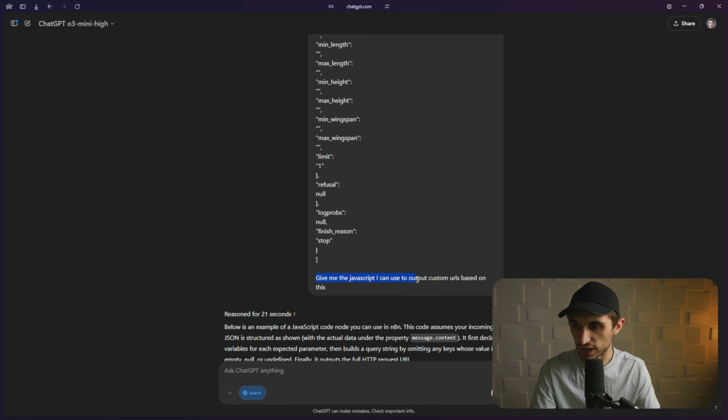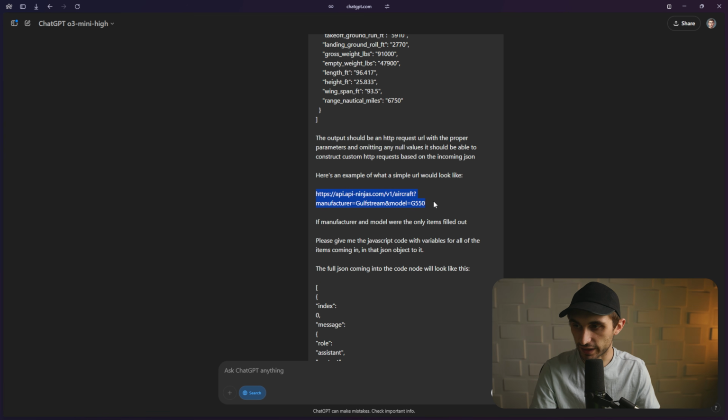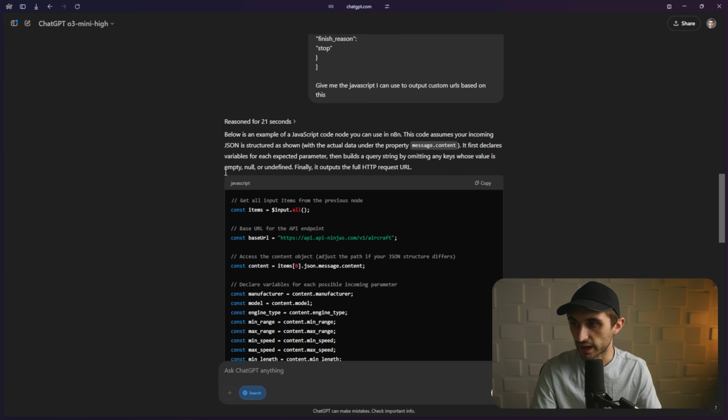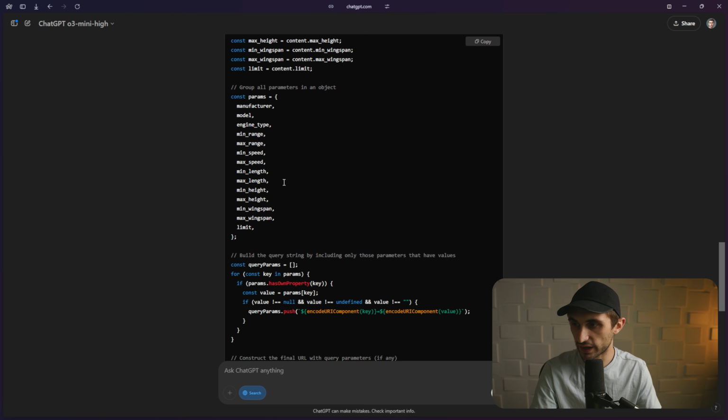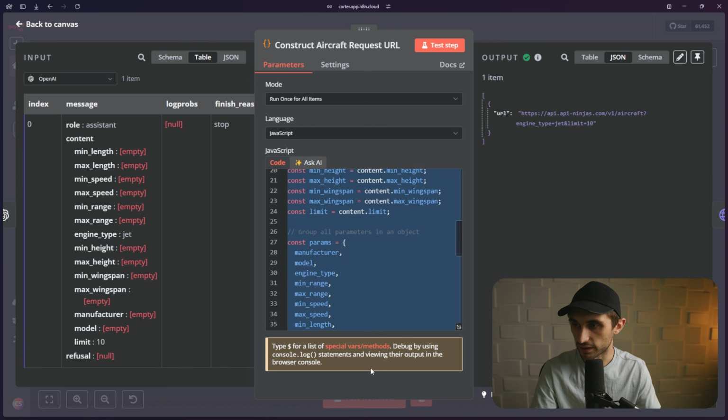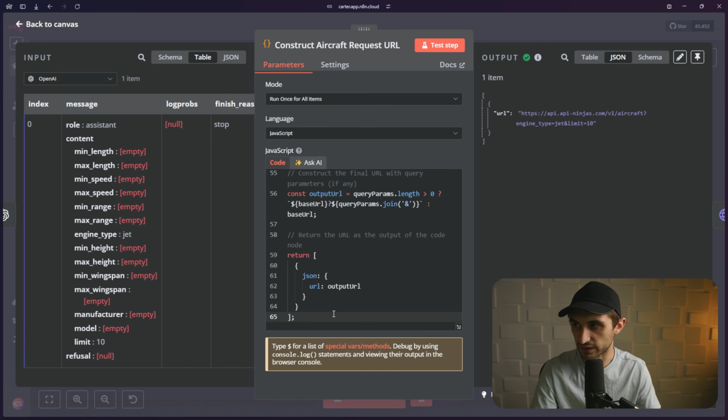And then I just say, give me the JavaScript I can use to output custom URLs based on this. And I gave it the output format right here that it needs to know for this step, passing it over to the HTTP request. And then it gives me an example of the JavaScript code that I can use. And I just copied this and I pasted it into this code right here. So this is basically just the code that ChatGPT gave me on the first run. And when I test this, it turns this message right here with all of this JSON information into a simple URL that has the engine type of jet and the limit of 10. Since the rest of these are empty, it just pulled engine type jet and limit 10,